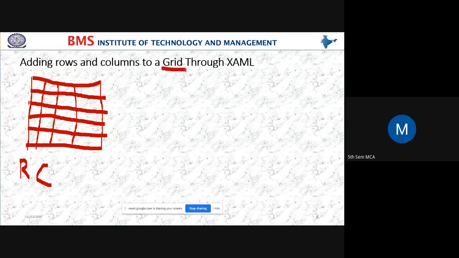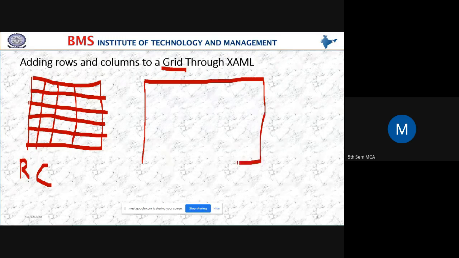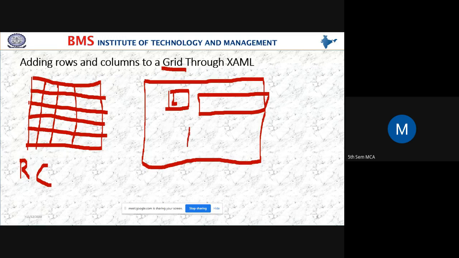Now we are going to see the grid. In the last class we also saw that whatever modification or designing we do in the XAML page will be done in the grid. When I say grid, it forms one panel, one container. In this container we have to design. If you want to put a label, text box, or button, however you want to design your form or XAML page, you can design within the grid.